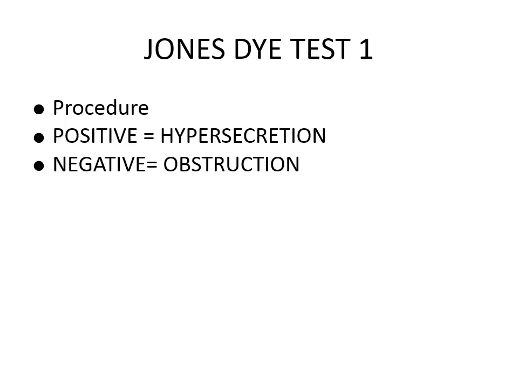After 5 minutes, you examine the cotton bud. In case it gets stained with the fluorescein, that means it's a positive test, which indicates that the entire drainage system is completely patent. There is no obstruction anywhere, and watering is mainly because of hypersecretion. But if the cotton bud does not get stained with the fluorescein dye, that means it's a negative test, which indicates that there is some obstruction in the drainage system. It could either be a partial obstruction or a lacrimal pump failure, but there is an obstruction somewhere.